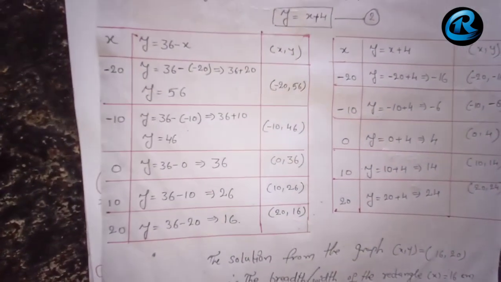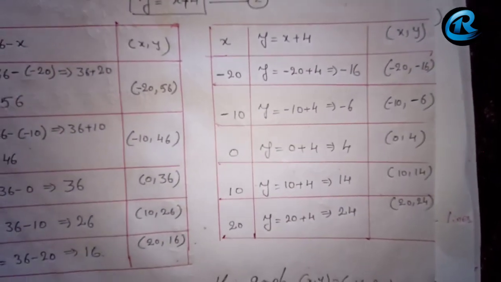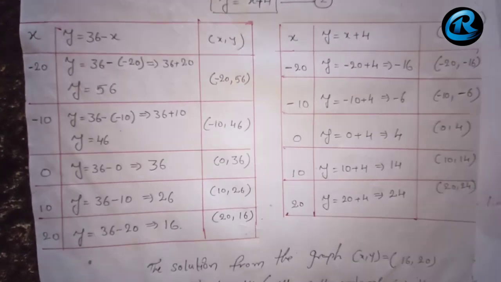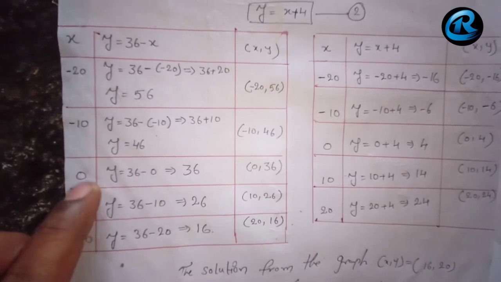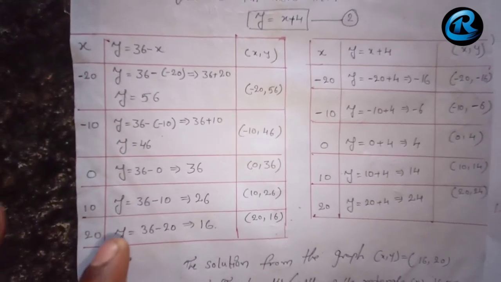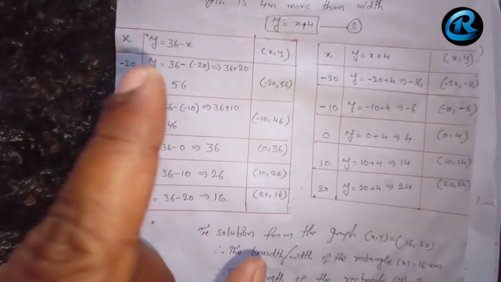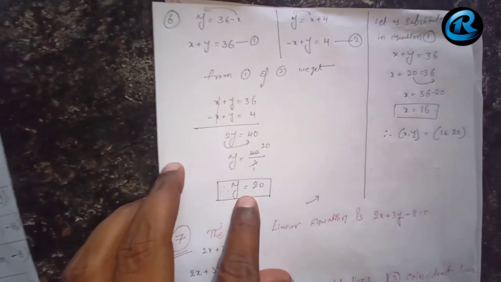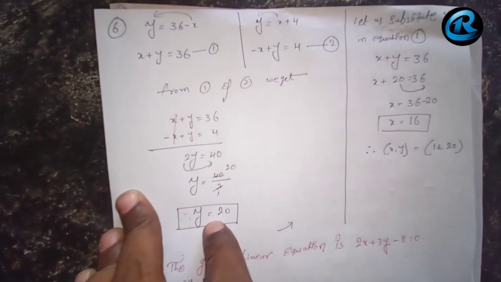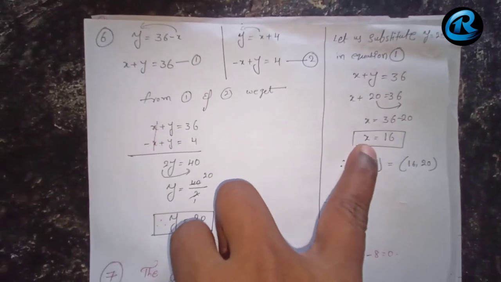By doing equation number 1 and equation number 2, we get 5 solutions as you see here in the graph paper. So clearly I hope you can see all the points. Here I have assumed x values like minus 20, minus 10, 0, 10, 20. Why? Instead of taking minus 2, minus 1, 0, 1, 2, I have taken large numbers. Why? Because you will come to know that when you solve these equations, from both equations 1 and 2, if I solve the x and y values, I will get the y value 20 and the x value 16.